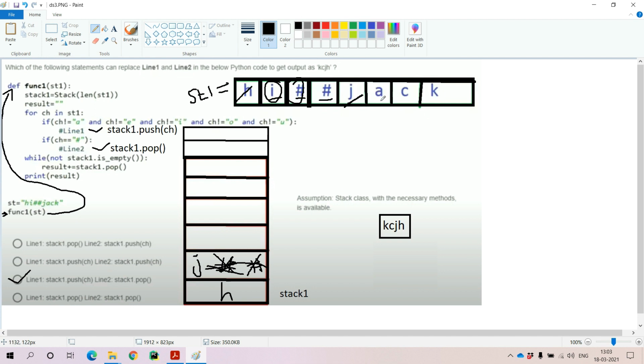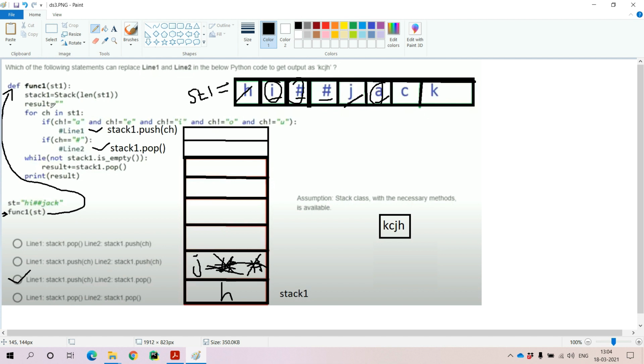Now the next character in the next iteration is a, which belongs to the vowels AEIOU. Due to that reason, the first if condition will fail, and a is not equivalent to the hash either. The second if condition also fails. That means we are skipping that a element, we are not considering it in this for loop.